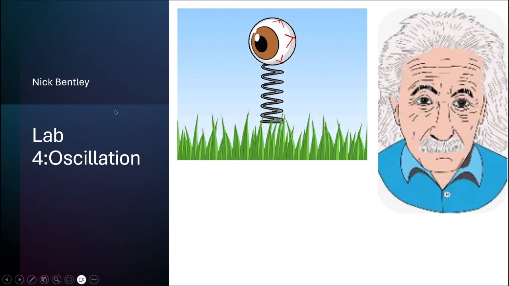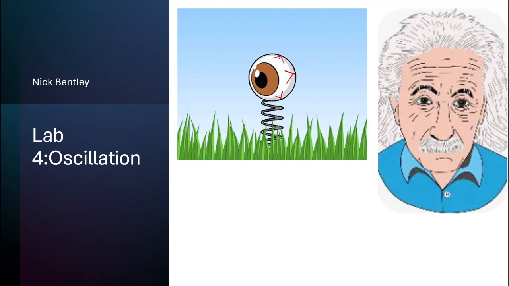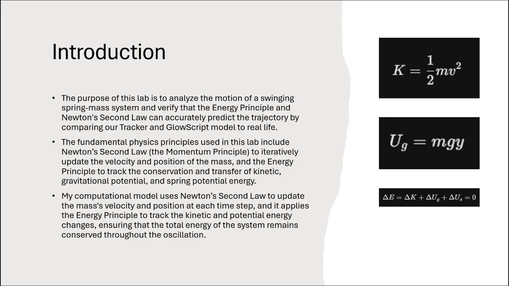All right, this is Lab 4 on oscillation. Introduction. The purpose of this lab is to analyze the motion of a swinging spring mass system and verify that the energy principle and Newton's second law can accurately predict the trajectory by comparing our Tracker and GlowScript model